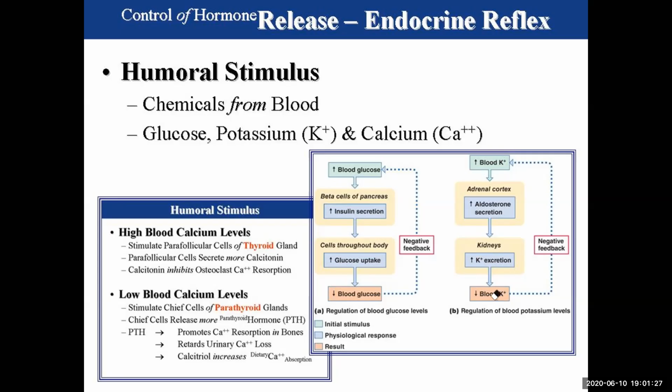For potassium, it is over here. So when blood potassium increases, the adrenal cortex releases a steroid hormone called aldosterone, and it induces the kidney to expel potassium into the urine, so dropping the blood concentration of potassium. And when blood concentration of potassium goes back to normal, it will induce the adrenal cortex to stop releasing aldosterone. The mechanism is much more complicated than that, but this is enough for now until we hit the urinary system